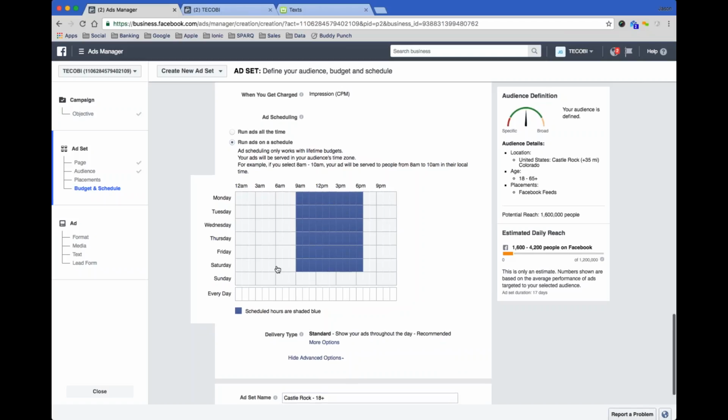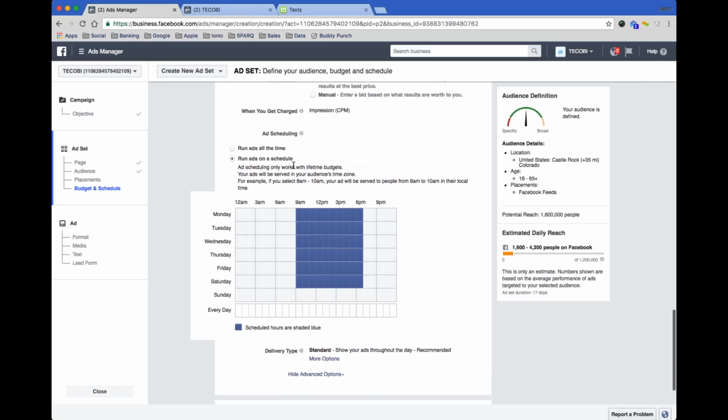If you go too early in the morning, you're catching people on their drive, and they may be looking through Facebook, but they're not filling out forms or applying for vehicles or anything of that nature. So I find that 9's usually the best, and I'll run them till 6 or 7. Just depends if you have a BDC or who's handling the leads. This ad scheduling is based off of the time zone that the customer's in. So keep that in mind if you're scheduling ads for clients or people that are in other time zones. It will be based on the customer's time zone that you're displaying the ads to.